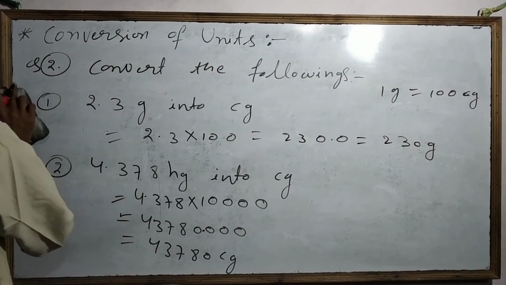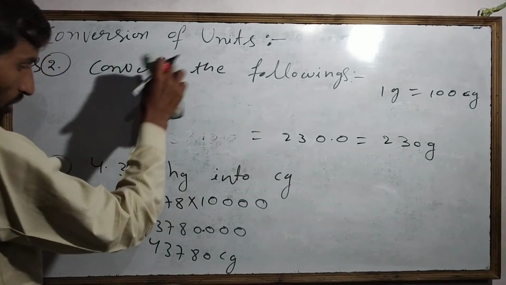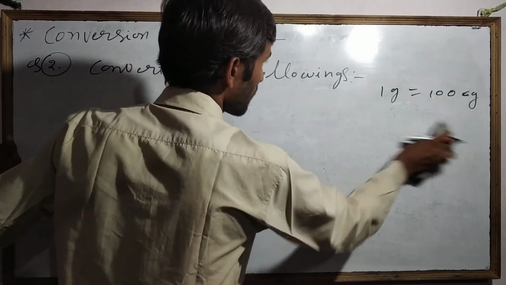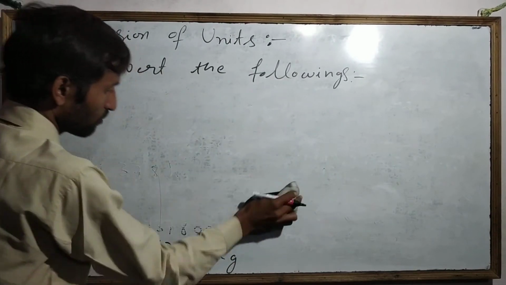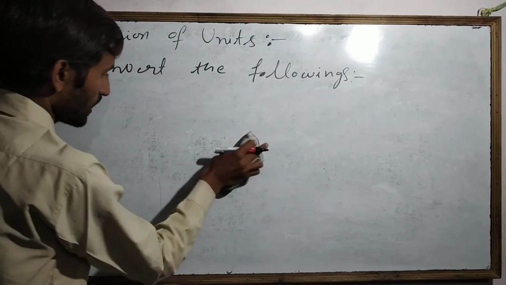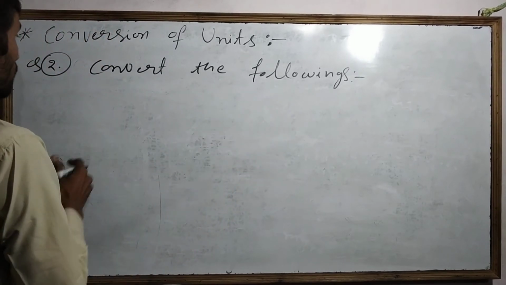Okay. Next, reverse process. I will take some for this one. All we have taken so far are for multiplication from bigger to smaller. Now I will take smaller to bigger. Then it will change the process, that is the divide process will be used.